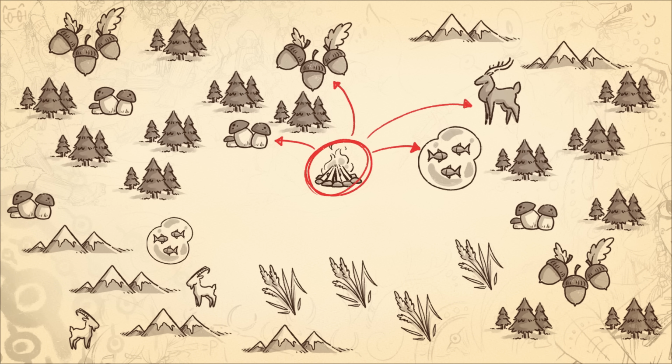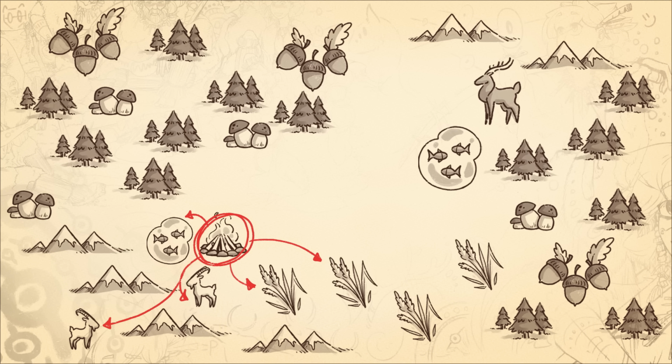Their home base can also move within the same environment. If two larger food sources existed in one territory, say lake fish here and mountain goats there, the group will settle closer to the more stable source and then move seasonally into the mountains in order to hunt and forage.